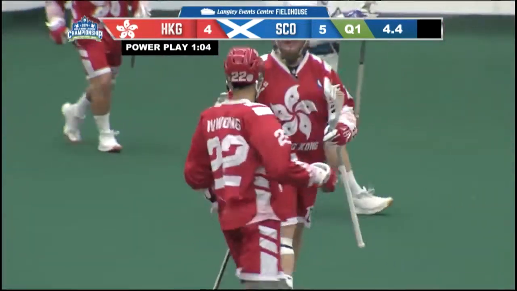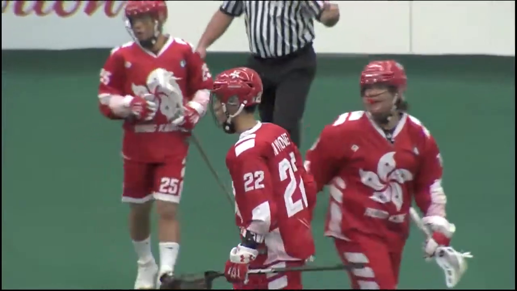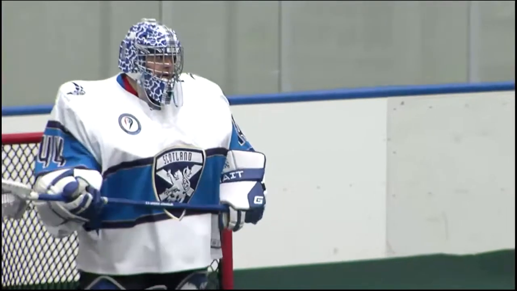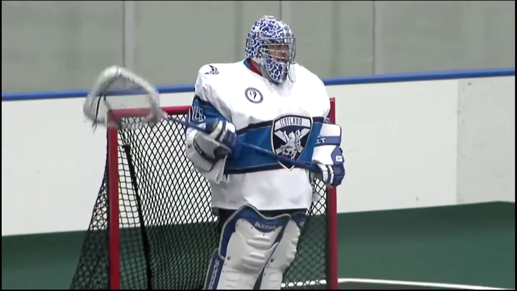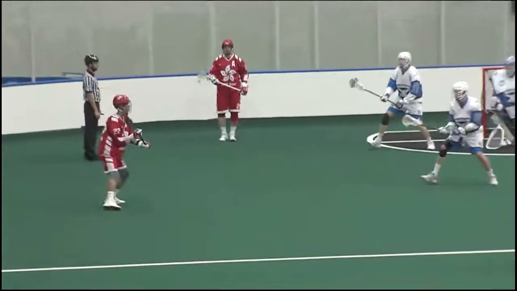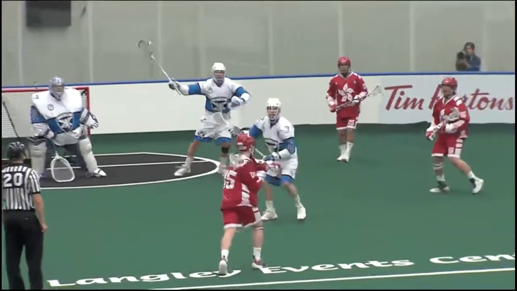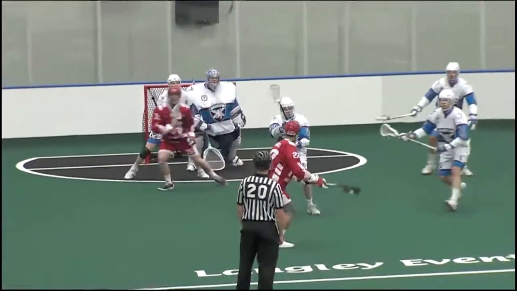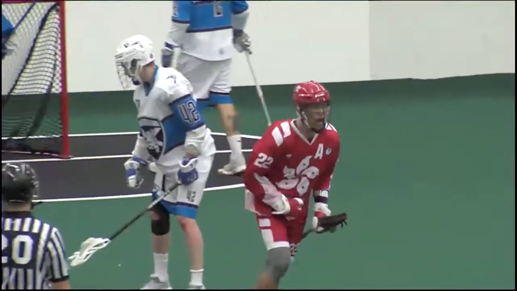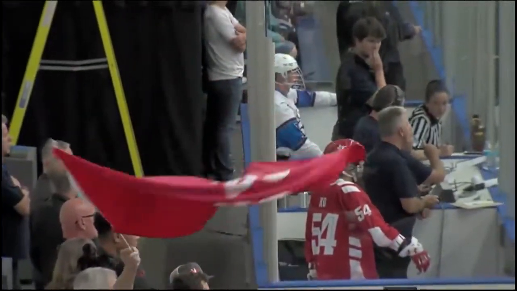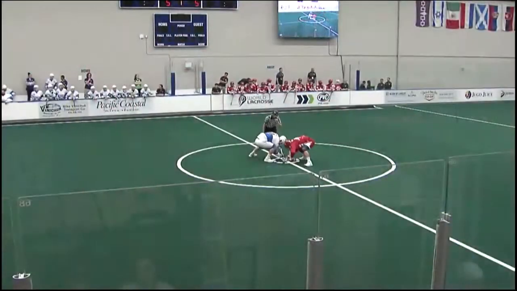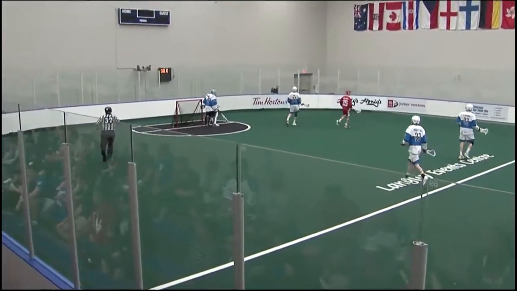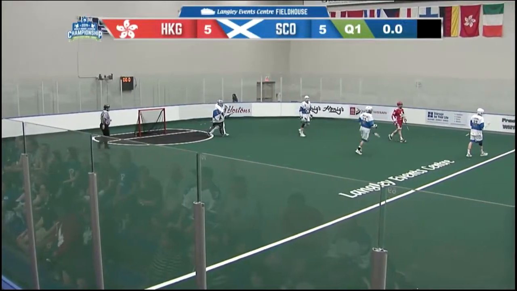Scores! Hit the goaltender, Cowman, but got past him. Wesley Wong should get credit for it with 4.4 seconds remaining in this first quarter. Hong Kong has tied this game at 5. They just moved it around the outside. Wong got it back high center of the floor, let it go just below waist high and beating Dylan Cowman. And that will do it for the first 15 minutes here.